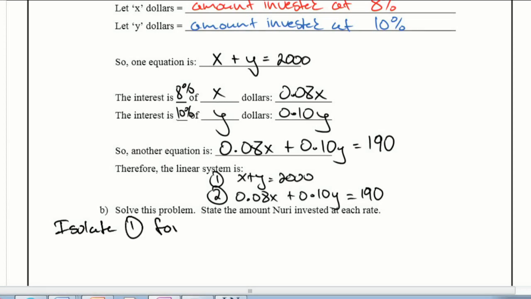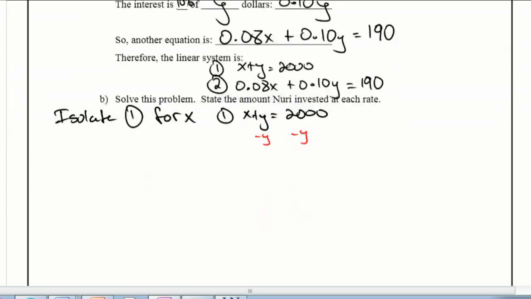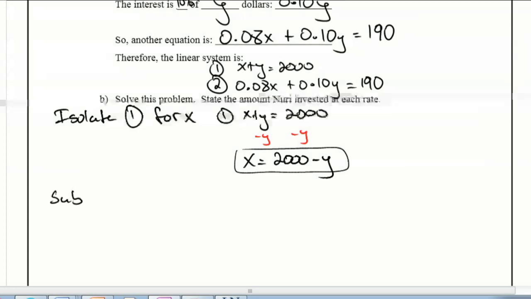equation 1 for x. Equation 1 was x plus y is 2,000. I'm going to subtract y from both sides, and I'm going to end up with x is equal to 2,000 minus y. All right, so I've figured out what my x is equal to. Now from there, I am going to just continue the process that we've been doing. So we're going to substitute x is 2,000 minus y